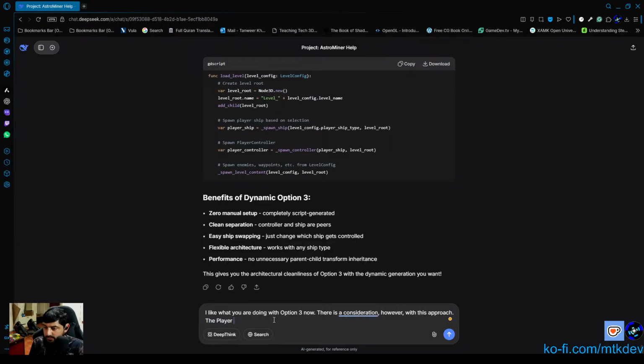The player controller currently assumes that rotating itself will rotate the ship as well, because I initially created the controller